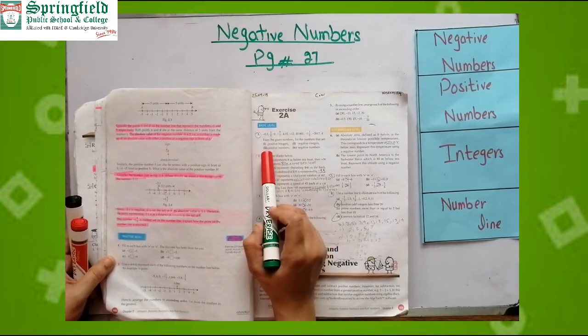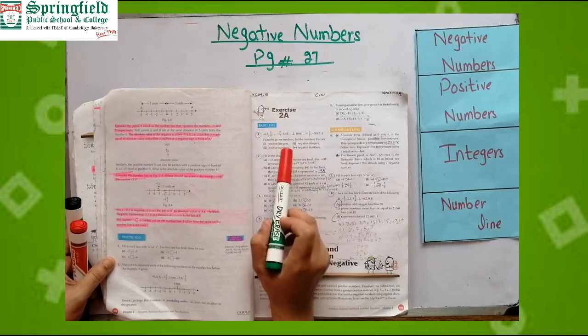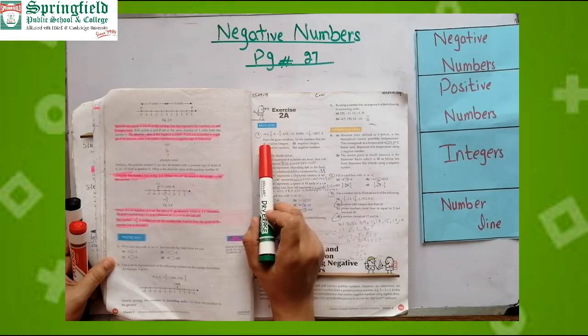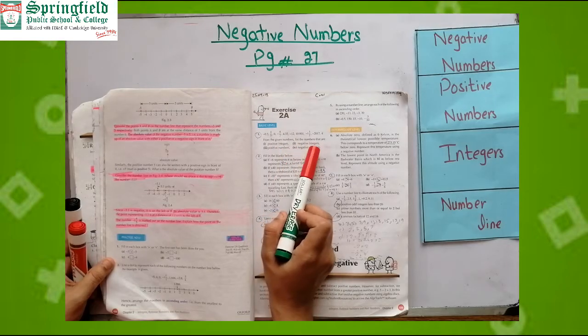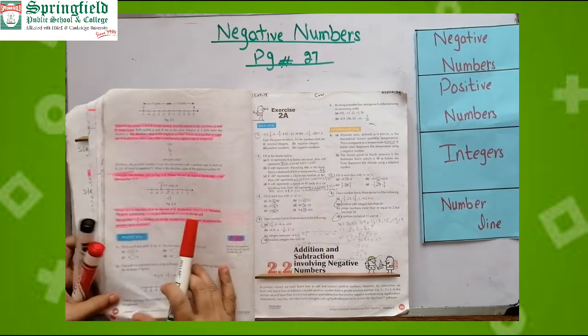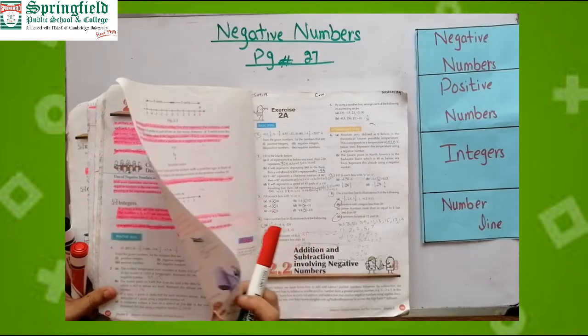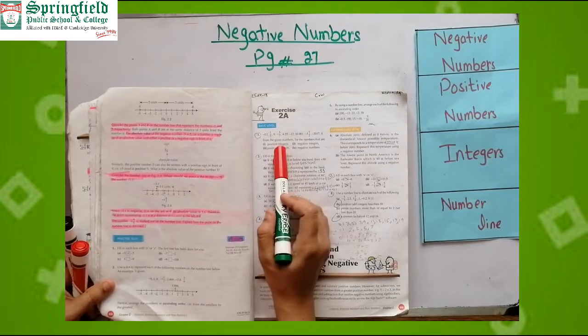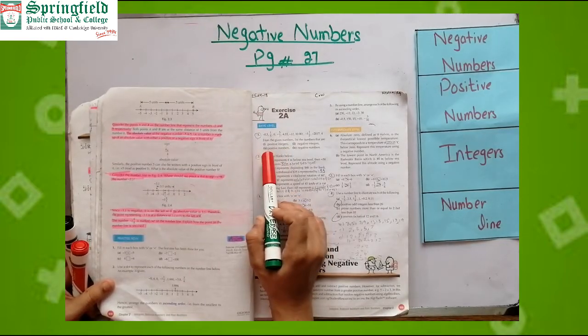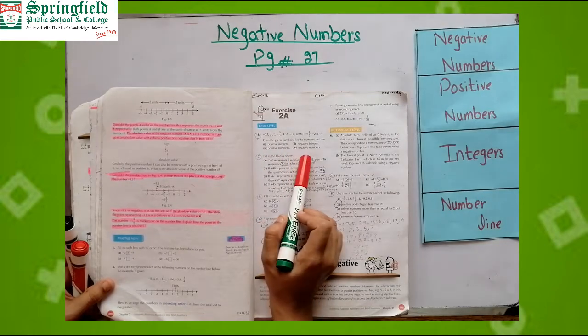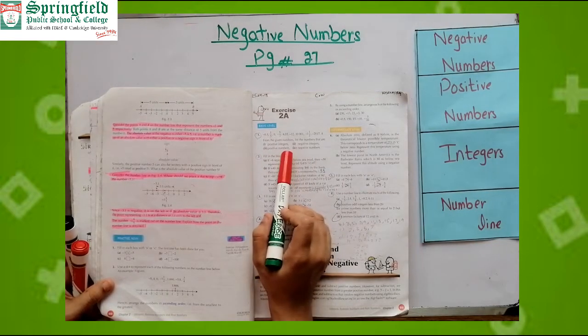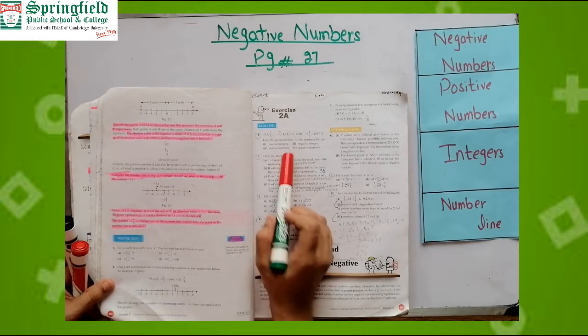Exercise question number 1. In question number 1, look at the numbers: 0, 0.3, 1.5, 0, 5.7, 4.33 and so on. As we already did example practice, now similarly in question 1, as they are saying, find out the positive integers, negative integers, positive numbers and negative numbers. So it's your task. Do this question in your notebook.